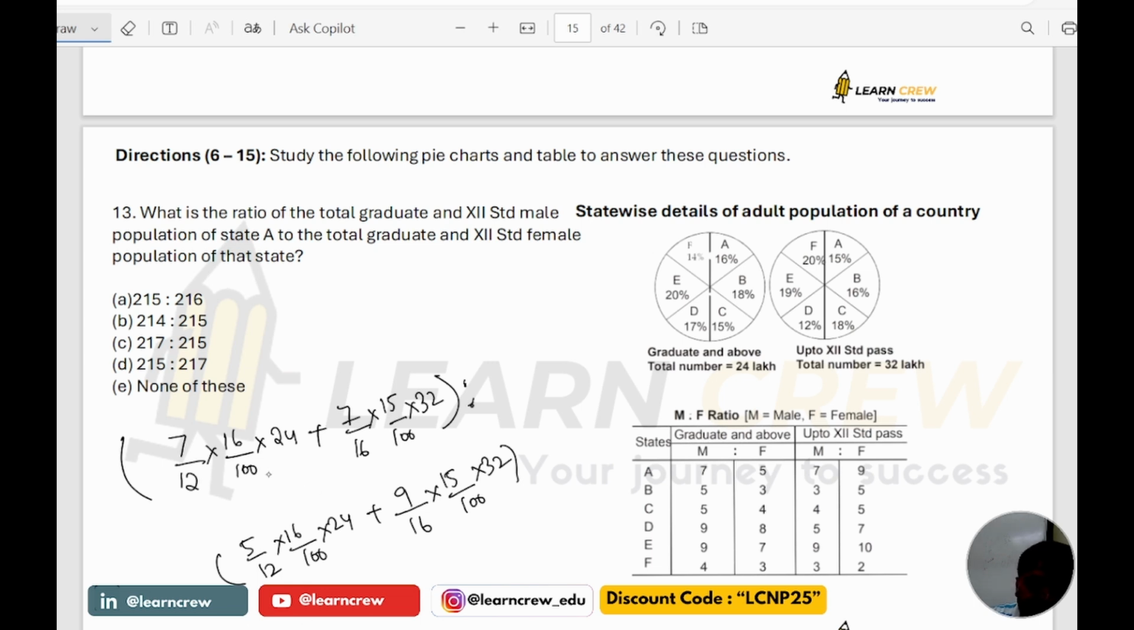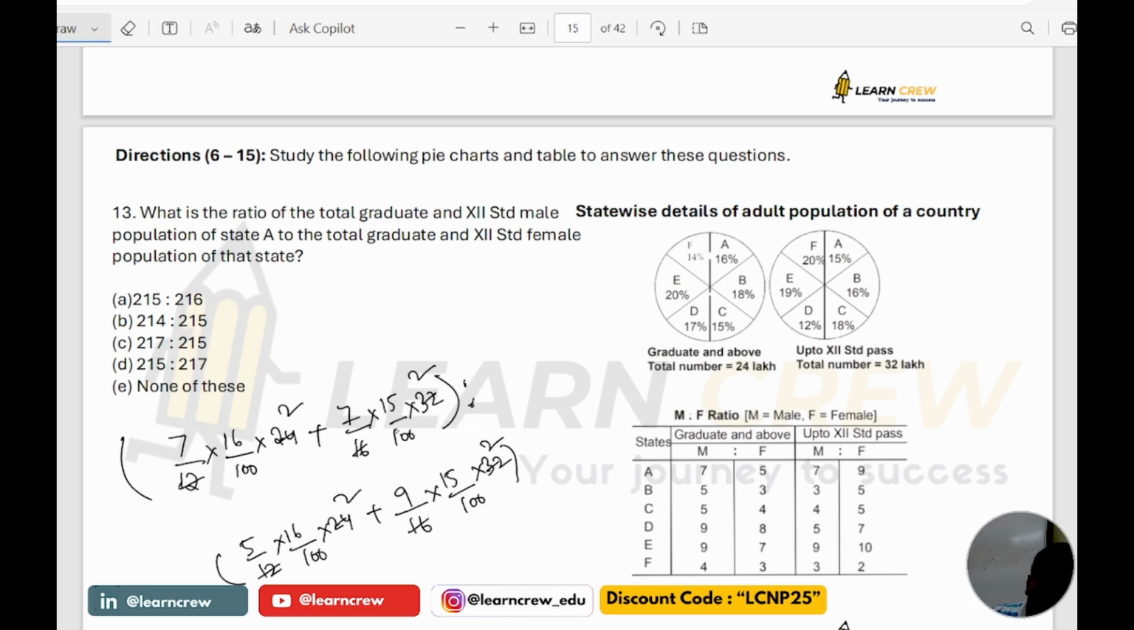Here if you see, now what is the value I am going? 7 by 12, 16% of 24 lakhs. 16% of 24 lakhs, 12 2s are 24. 16 2s are 32. Now how much I am going to get here? 7 into 16 into 2 is how much? 112 into 2. 224 by 100, which is you will get if I take 100 common from everything, here I will get 224